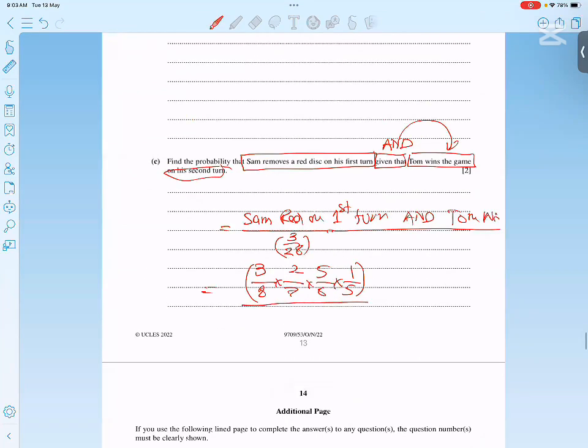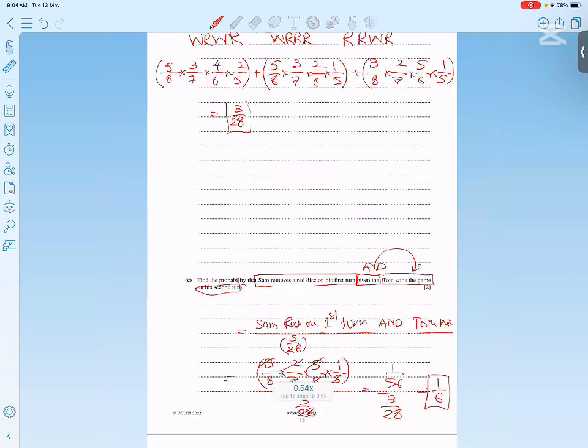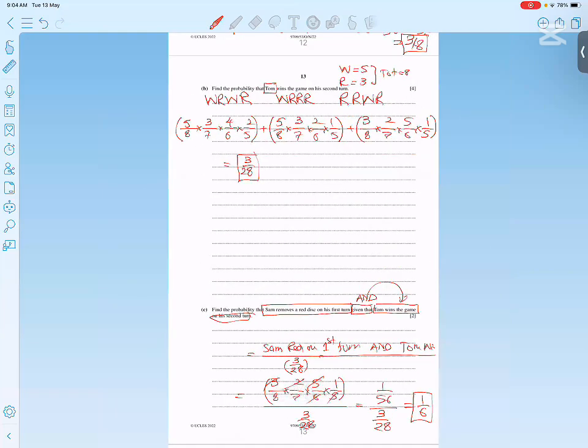In the denominator, I have 3 by 28, sorry. And 5 cancels, this is cancelled. I got 1 over 56 over 3 over 28. If I type in the calculator, 1 over 56 divided by 3 divided by 28, my answer turns out to be 1 over 6. I hope the concept of the question is completely